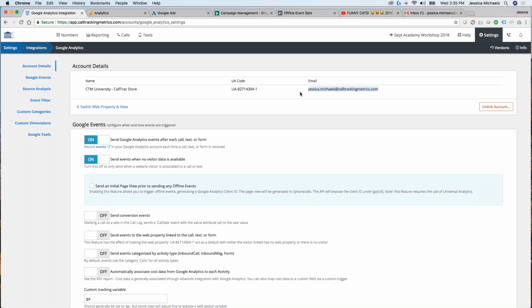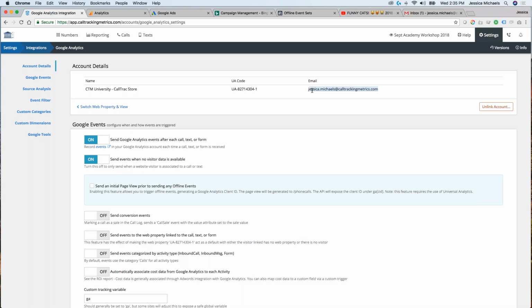So in the case that I get removed from analytics, we can still send the data into analytics, but we're not going to have the ability to pull any of that campaign data back. So it really makes it one-way communication. So if you run into any problems similar to that, that's definitely a good place to look for troubleshooting.